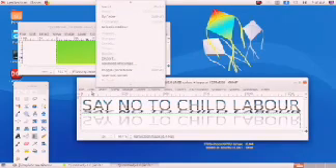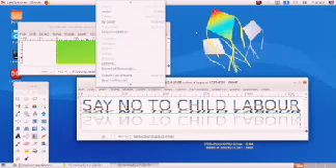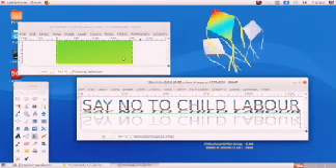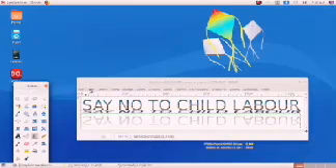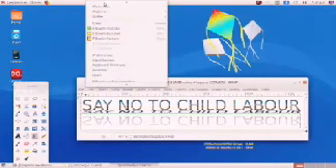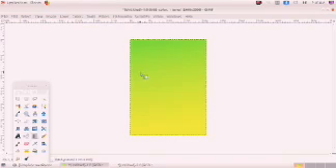Before that, Control Z, undo, edit, copy visible, then come to the canvas and edit, paste.